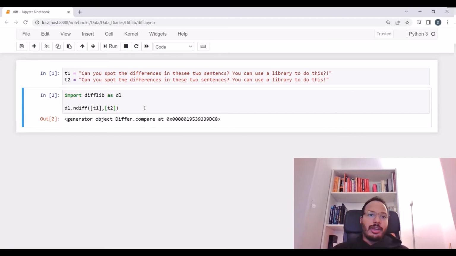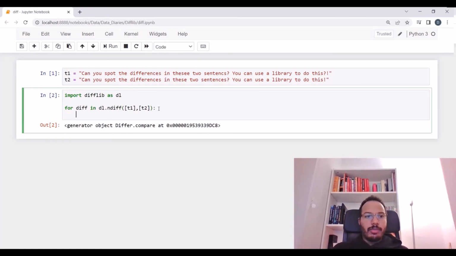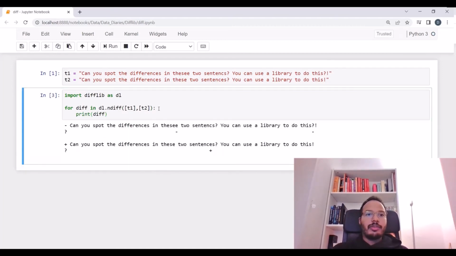So we have to iterate over it to get the output, and let's just write a for loop here. So it's for diff in what we just wrote up, and then just print the result, print diff. And you see, straightforward, you see the two sentences, and the differences are highlighted by these minus and plus icons